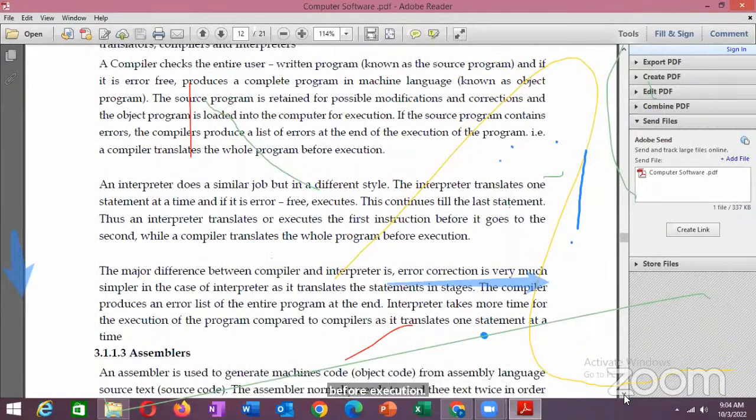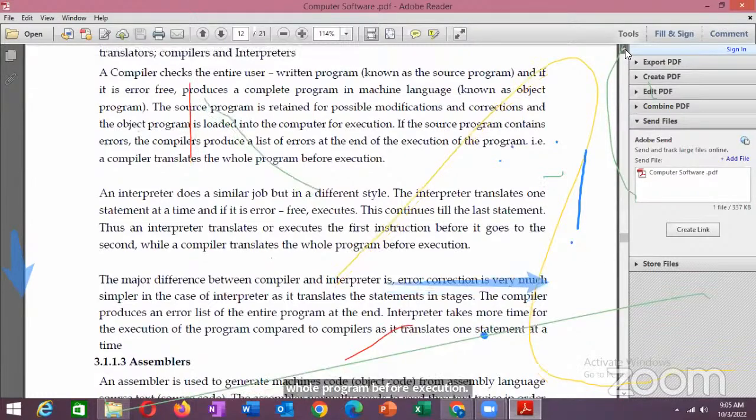An interpreter does a similar job, but in a different style. The interpreter translates one statement at a time, and if it is error-free, executes. This continues until the last statement. Thus, an interpreter translates and executes the first instruction before it goes to the second, while a compiler translates the whole program before execution. So if I just go up here and ask a question,